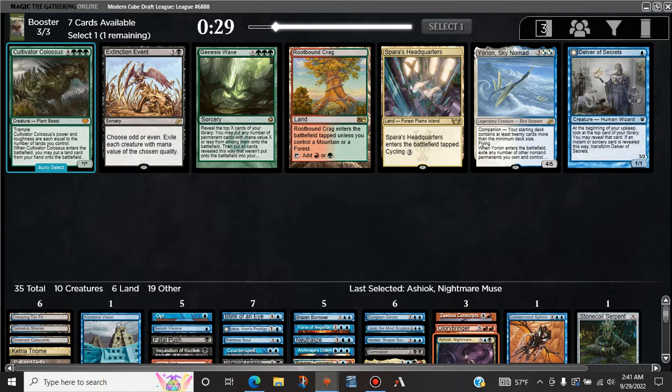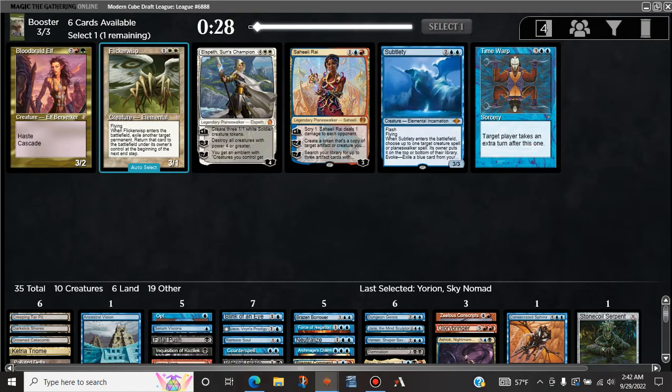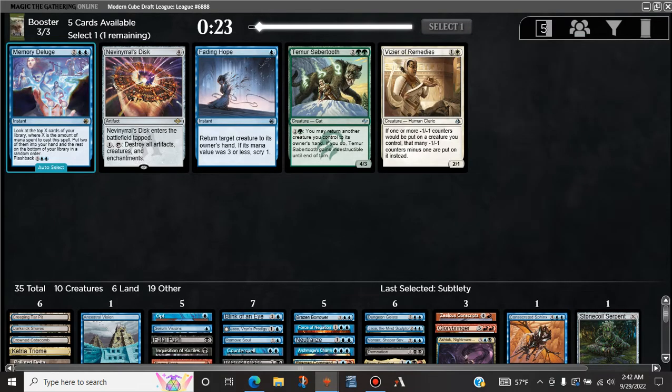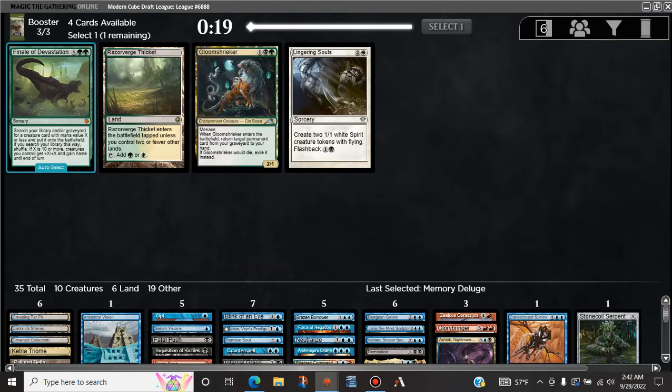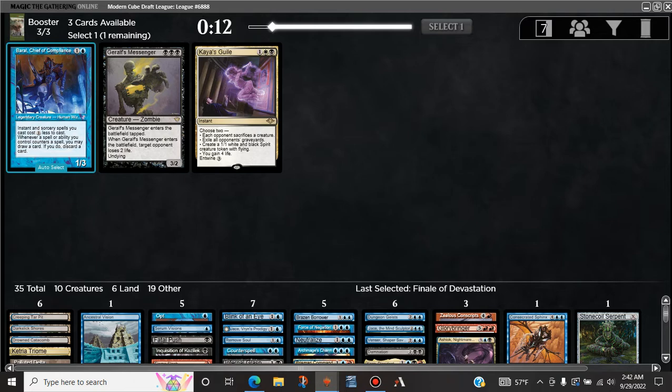We're not playing really any of these, so I guess we'll take the Yorion on the off chance that it makes the deck. Subtlety. Definitely play that over Time Warp right now. Memory Deluge. Okay. Yeah. Some cards we're not going to play. Guess the one we want to see the least is Finale. I don't think we're playing any of these. I don't think any of these are going to get played against us, so...